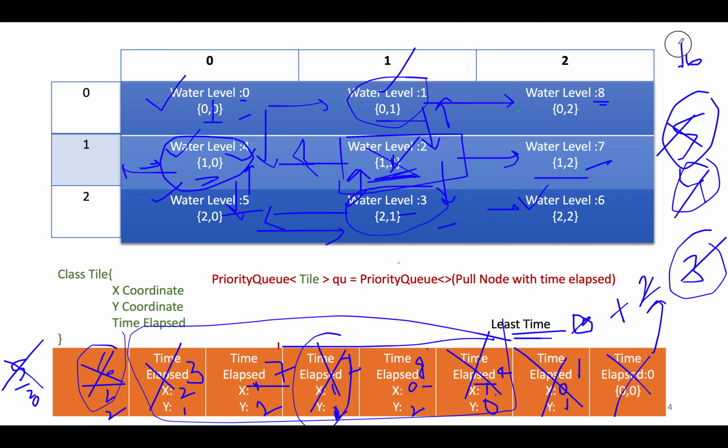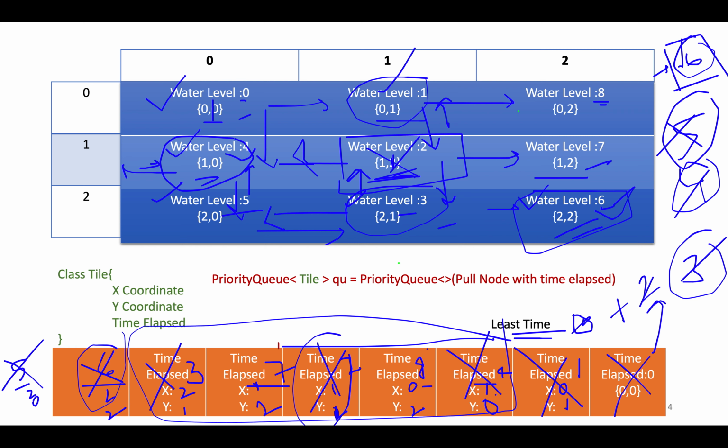Also, you will observe that the coordinates of this node are 2, 2, which is a terminal condition, the breaking condition for us, because we want to reach the bottom row and the bottom column. Since we have reached the bottom row and bottom column, we'll abort the process. And this is our answer, 6, which is correct. So without much ado, let's look at the coding section.